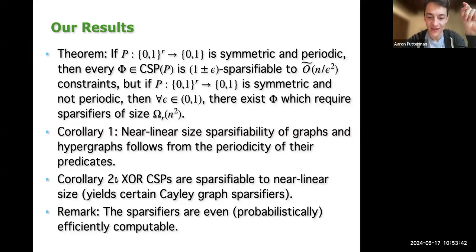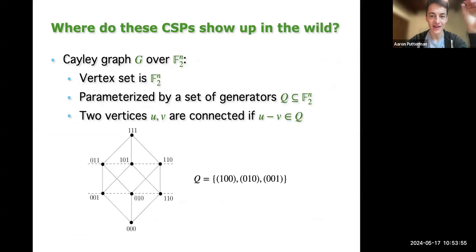Specifically, I'm going to mention how these XOR CSPs yield what we call Cayley graph sparsifiers for a very natural definition of Cayley graphs. First, I'll recap what Cayley graphs are. A Cayley graph is a graph G where the vertex set is associated with some group. Here, we'll look at a very simple example: the group is just F2 to the n, so we're looking at all length n bit strings, and each bit string is associated with some vertex. A Cayley graph is parameterized by some set of generators Q, which is some subset of F2 to the n, and we say that two vertices are connected if and only if their difference is in the set Q. So if we wanted to generate the hypercube,